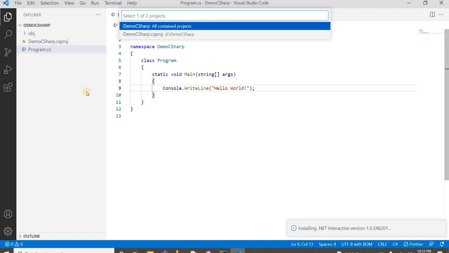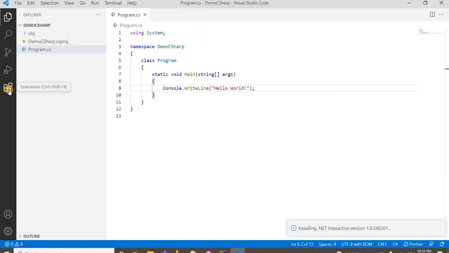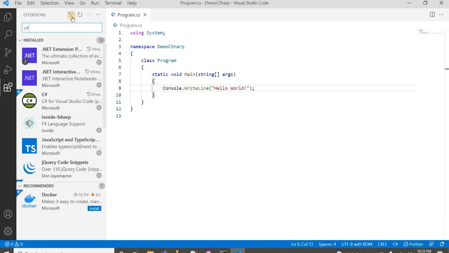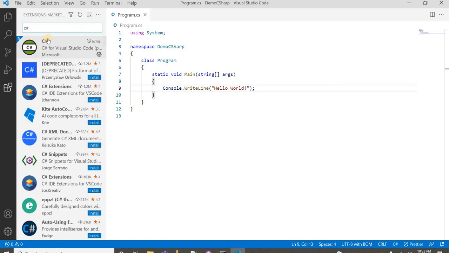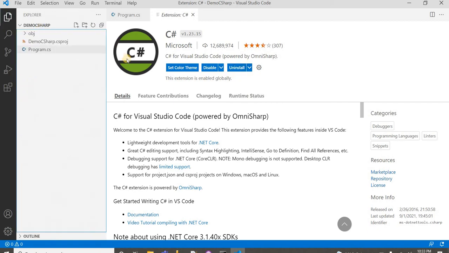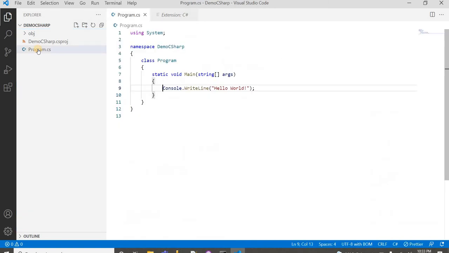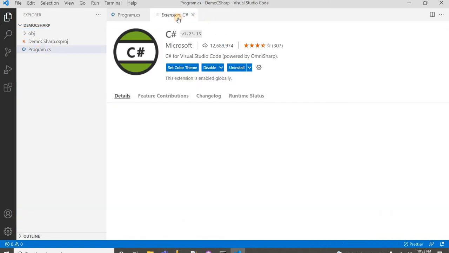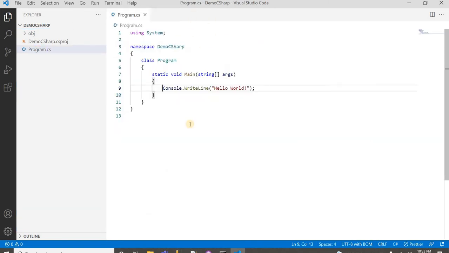extension. If it does not ask, just click here and search for C# here, and after searching it will show like this. Click on install. I have already installed it, that's why it's giving me the option to uninstall. And after installing the C# extension, we are ready to develop any application in C# in Visual Studio